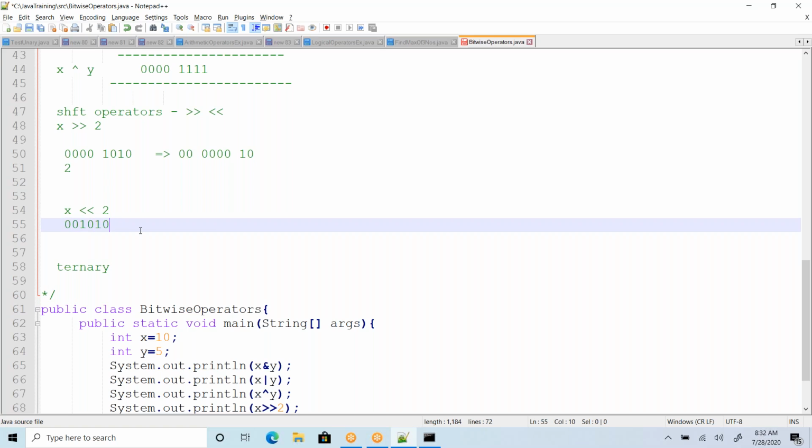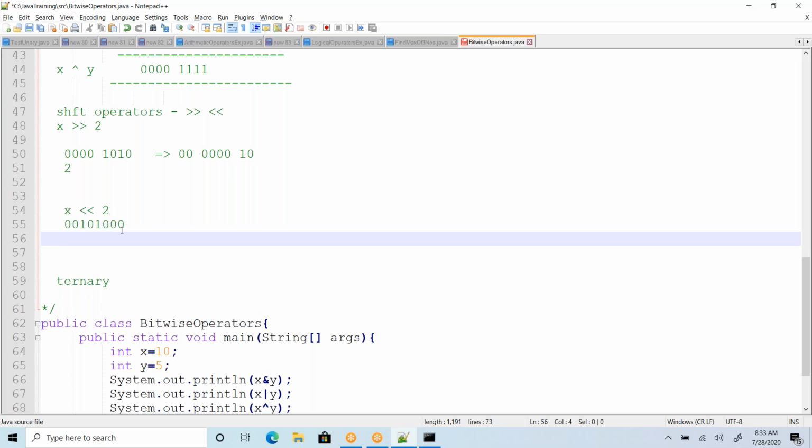Ultimately I need to fill up the remaining bits on the right side, because it is moved in this direction, and the last 2 bits are going to be empty. Those bits I'm filling up with zeros.